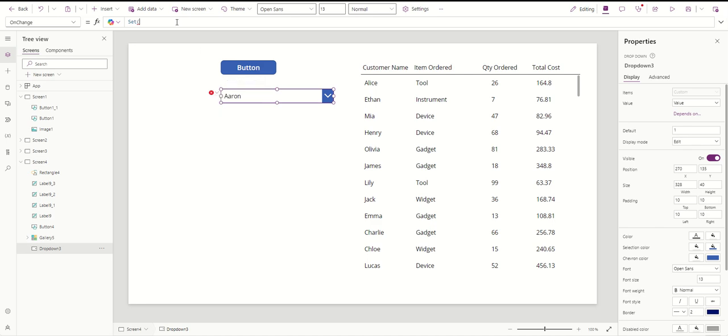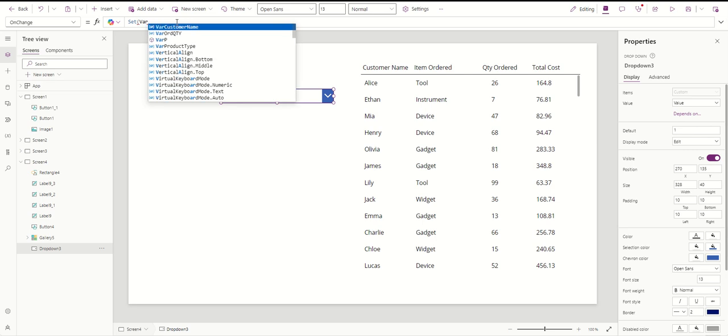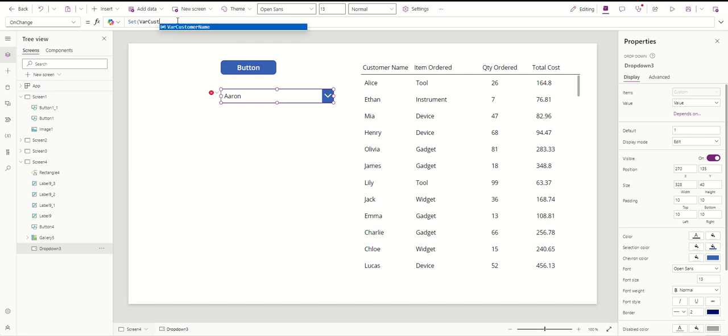Let's call it, because we always want to start our variables with var, our collections with col. It really helps us see. I know I already have other variables in here, but it helps me identify that these are variables and not collections in the end, especially if you end up with hundreds of them. It makes your life a lot easier. So let's call it var, what these are now customers, right? Var cust name. Okay, see, I already have a var customer name. So let's do var cust name, and we're gonna set that to,